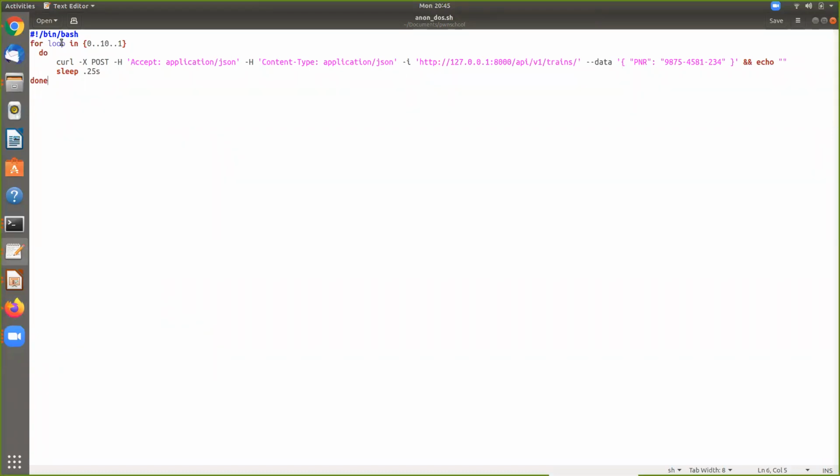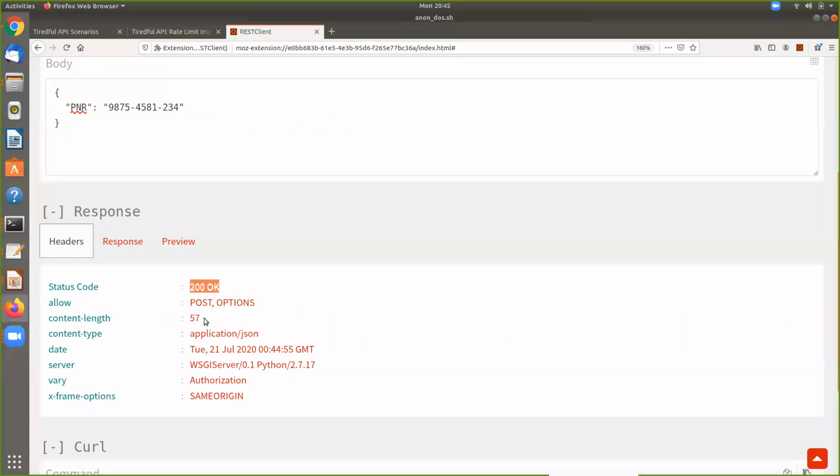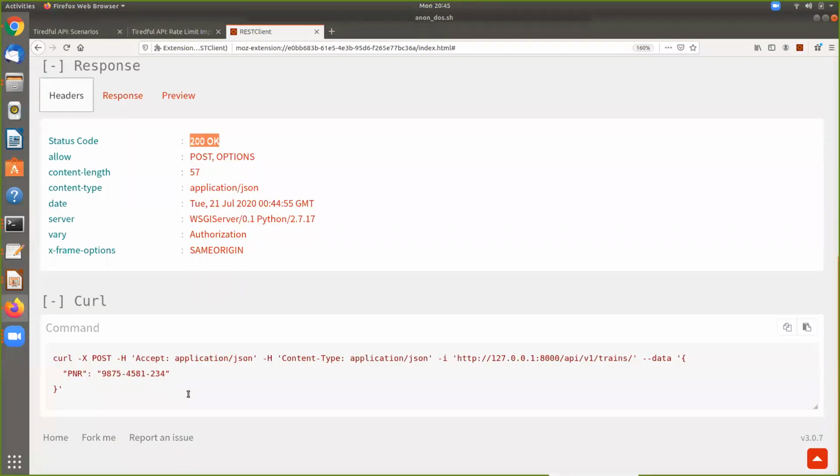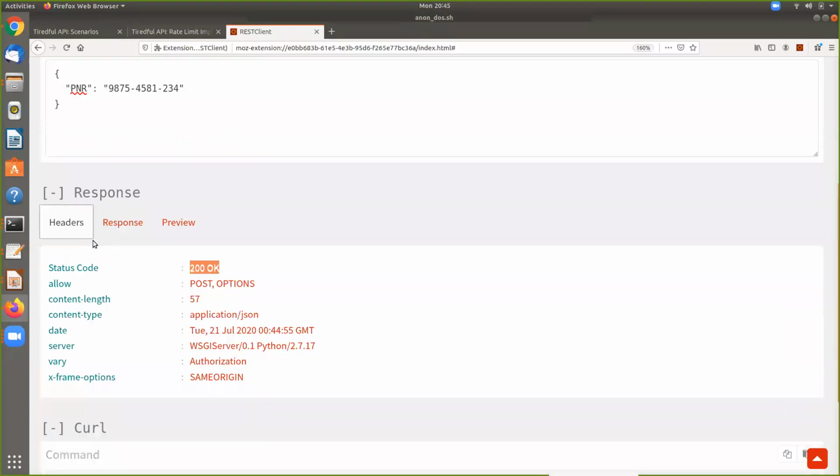What this does is essentially run a for loop, and it starts at the number 0. It goes 10 times, incrementing by 1 each time. And each time it's running the curl command, which is pretty much identical to what we have back here in the Tiredful API when we look at the curl command. This is pretty much what we have.